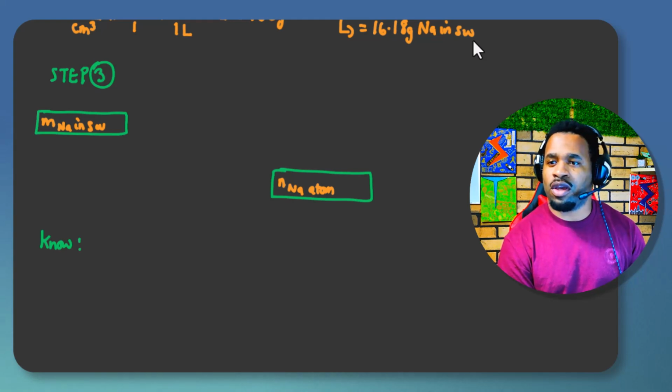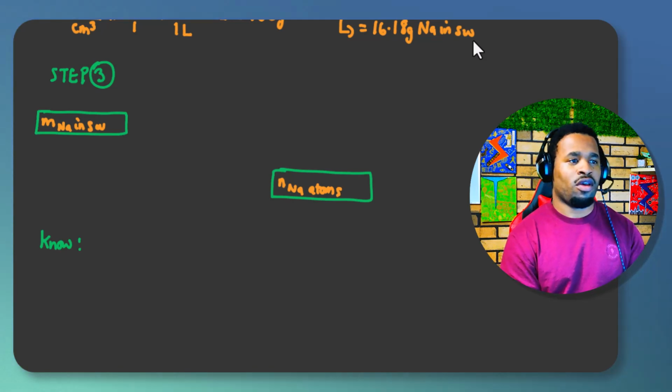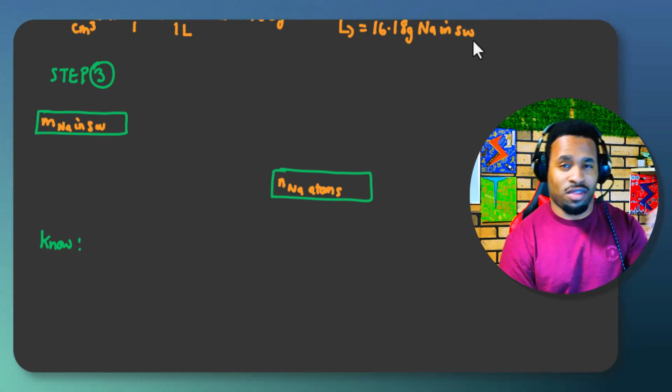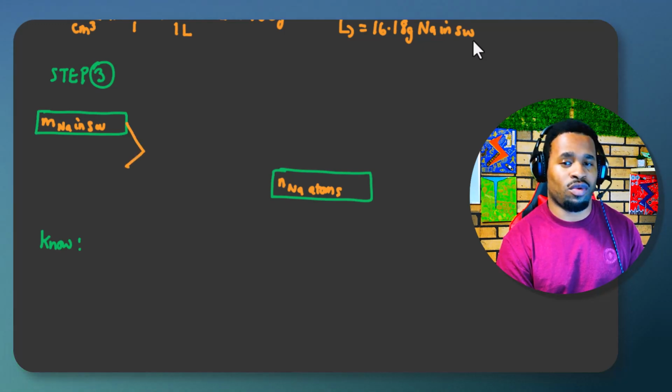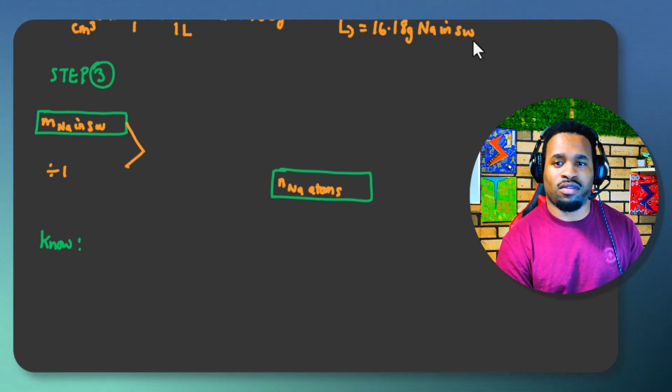In order to accomplish this, there are two steps within step 3. The first step is, remember to convert this from grams to kilograms. What we're going to do is divide by 1000, and I get